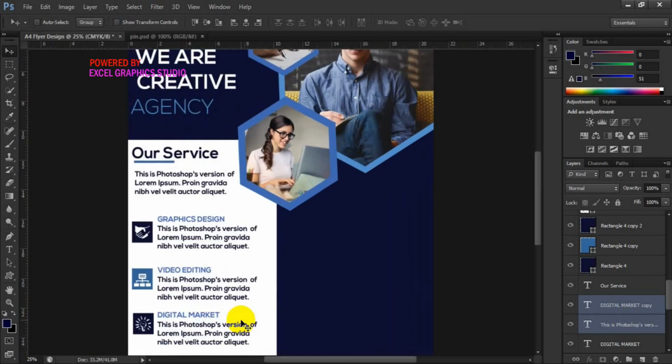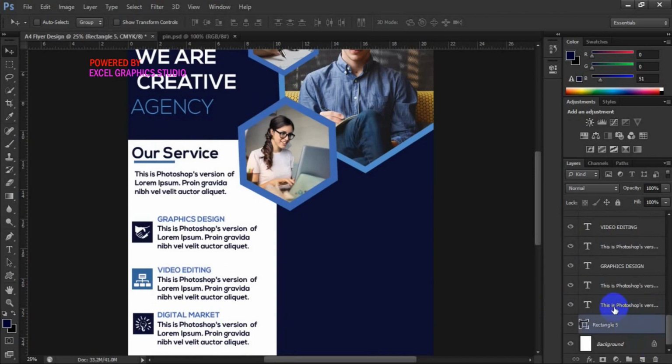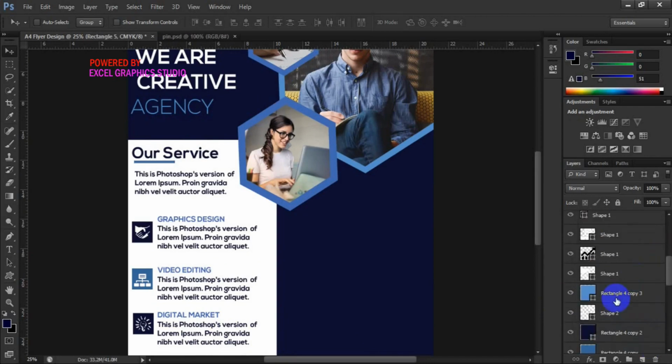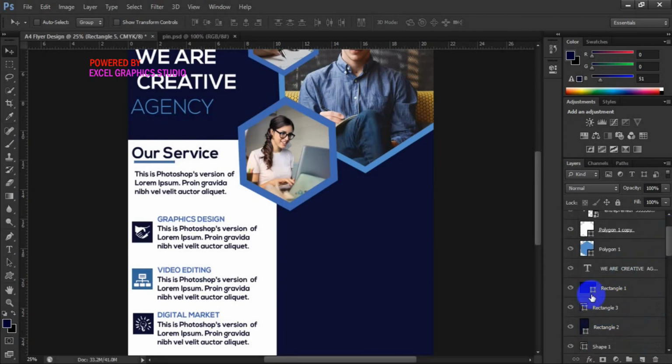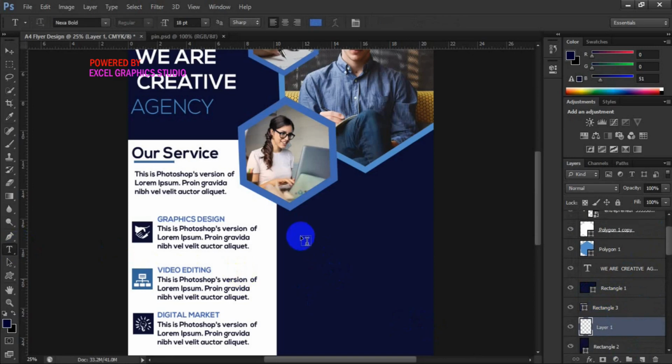So the next segment of the design is to input text to the other side. You have to look for the layer. This is the layer. Then okay, this is the layer. Then create a new layer. When you create a new layer, go back to your text tools and type